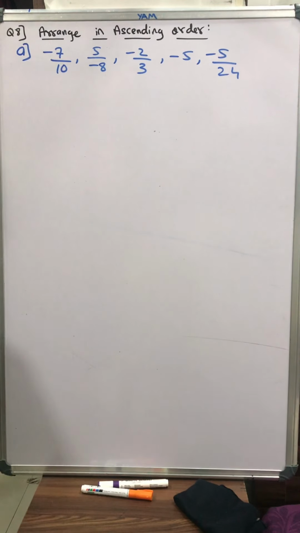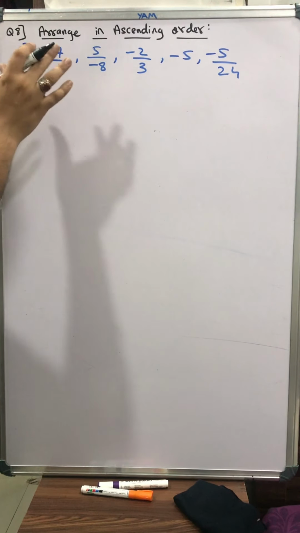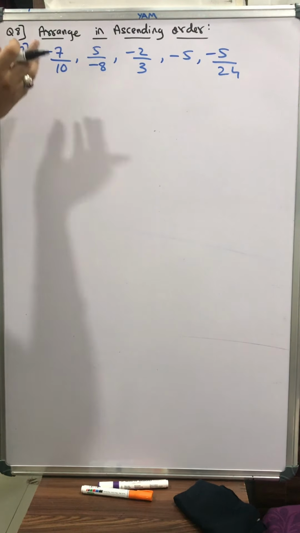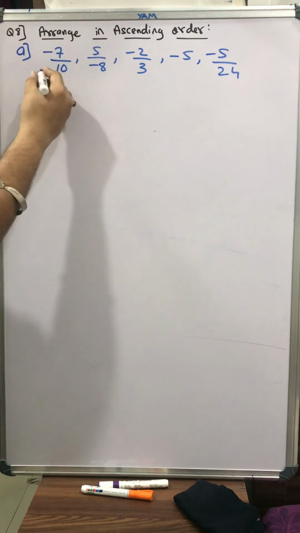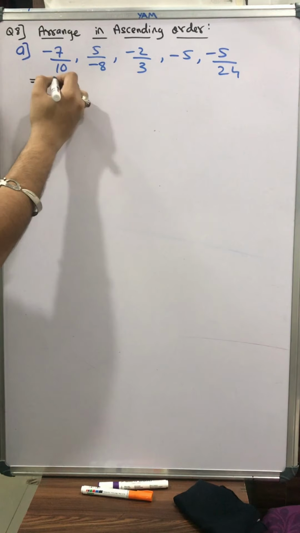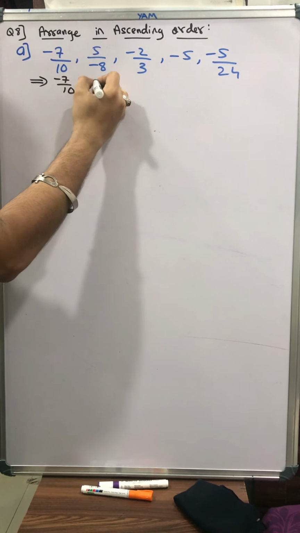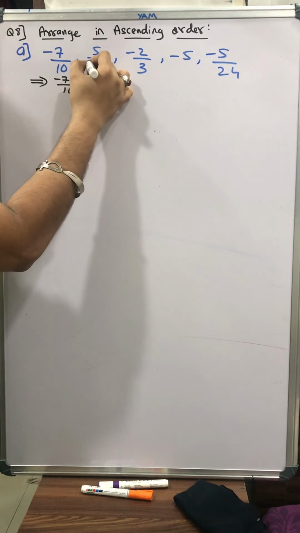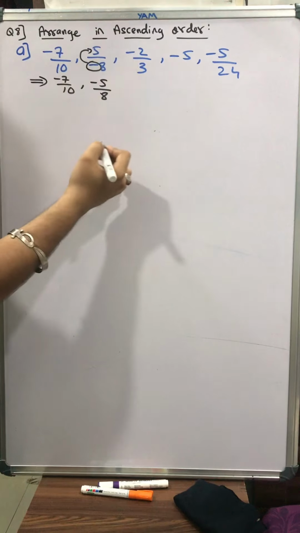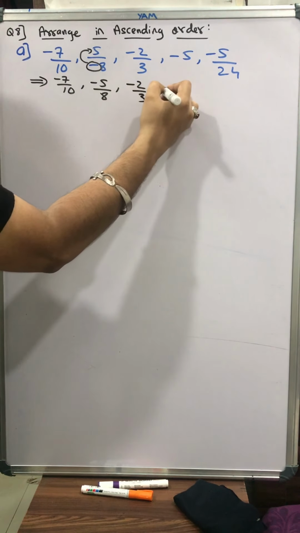I have a minus sign in the denominator. So the first thing, whenever any question is given, bring the minus sign from the denominator to the numerator. So I can write this question as minus 7 upon 10, comma, minus 5 upon 8, this minus sign I brought from denominator to numerator, then minus 2 upon 3, then minus